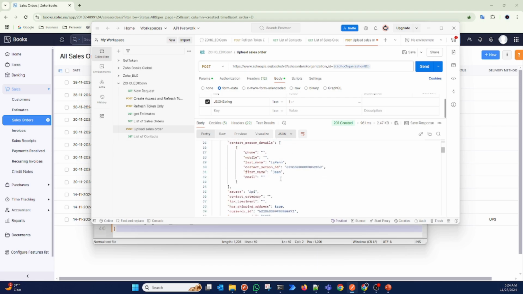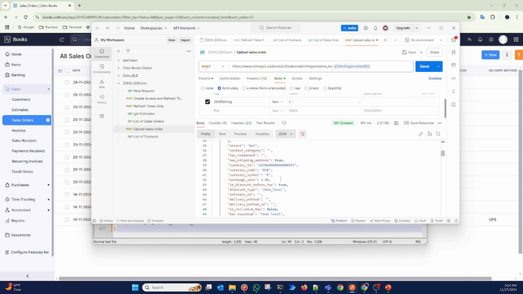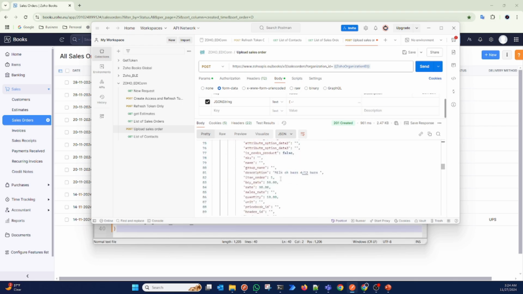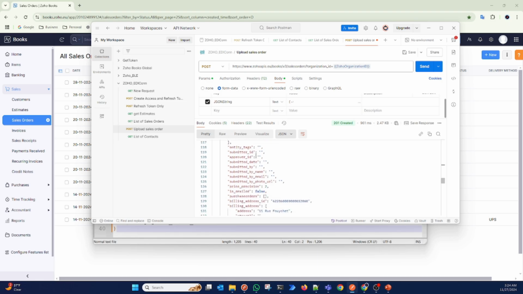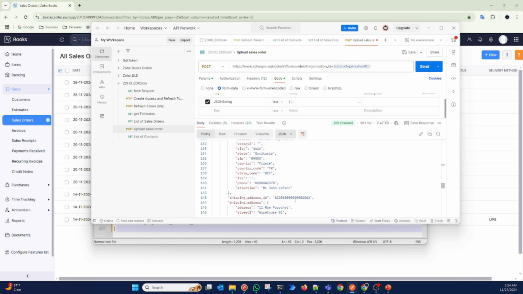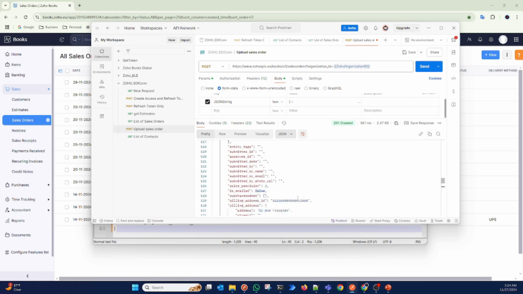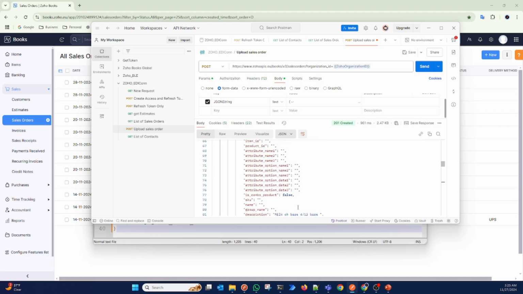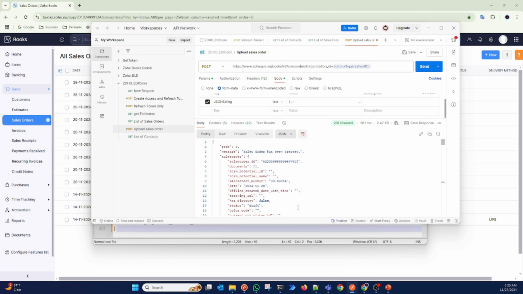I want to see the ship to. So it's not putting the SKU. It was able to pull the build to and the ship to. So maybe it's pulling it from the